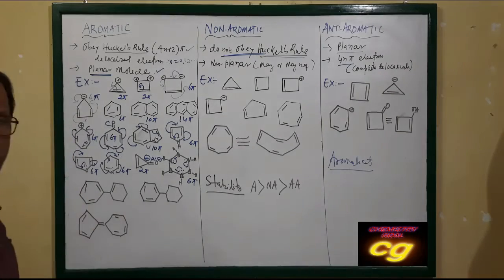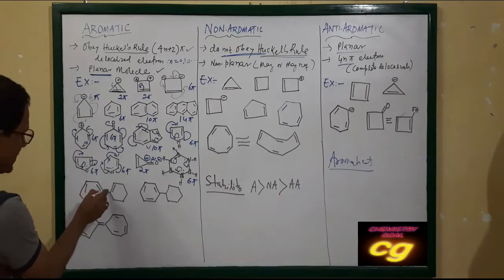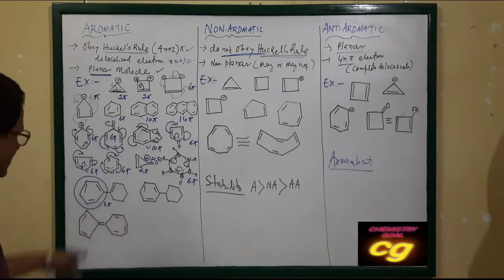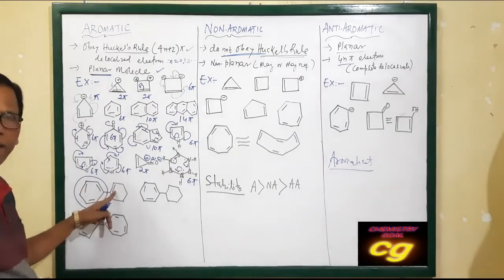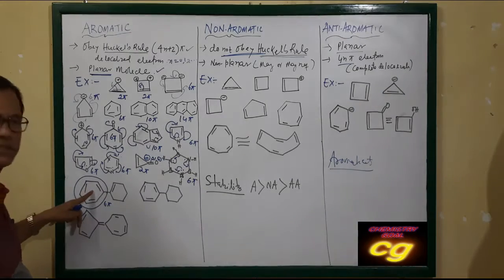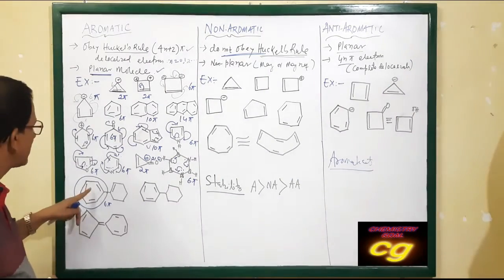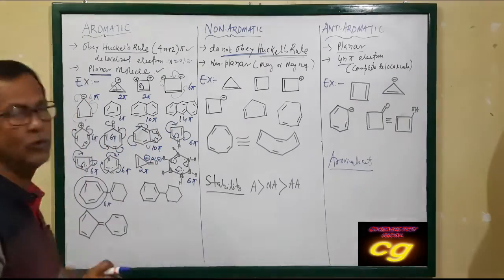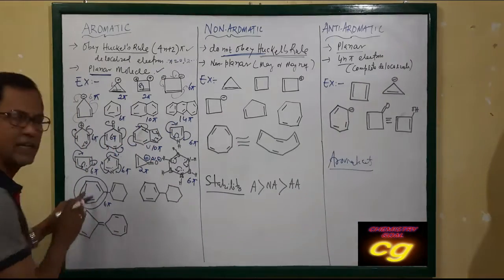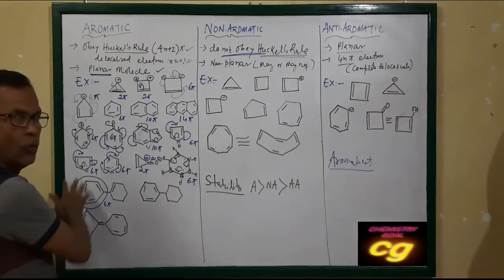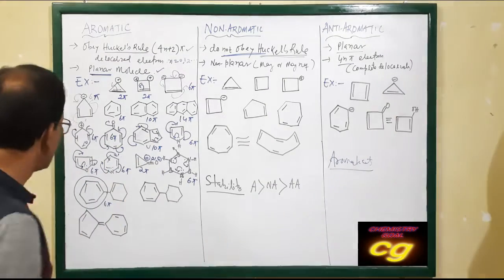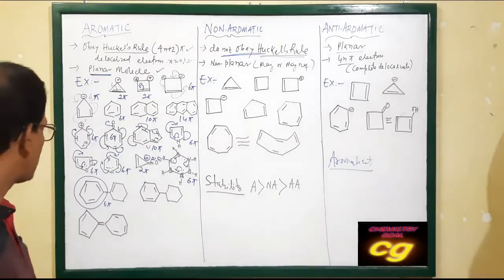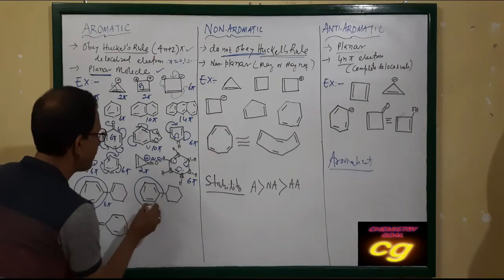And this is a very important case. If you see this case, this side has 6 pi. And these 2 electrons, if you count, make it 8 pi. But as this ring is obeying Huckel's rule and is planar, any one ring satisfying the condition means it will be aromatic. The first ring is satisfying Huckel's rule, so it is aromatic. The whole compound will be aromatic. The other may not satisfy, but the first is satisfying, so it is aromatic. In this case, it is satisfying.